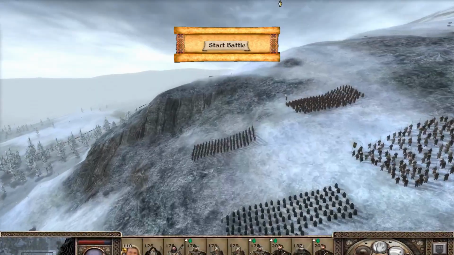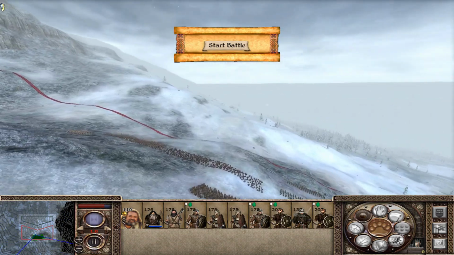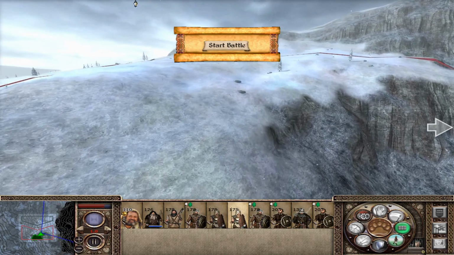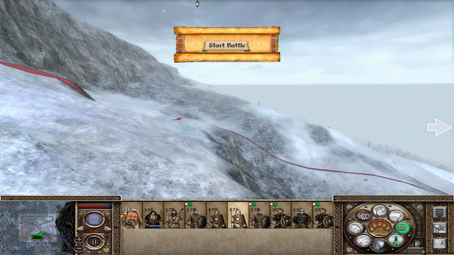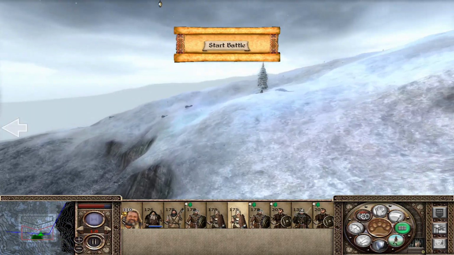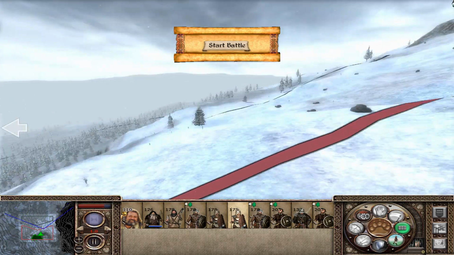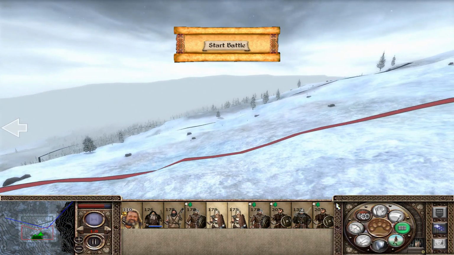Let us start deployment. We do have the choice of defensive ground, so can units move up here? They can. Where can't they move? They can't move here. Okay, so this looks defensible-ish. They are coming from over here in the first instance. So, Bjorning shield bearers,